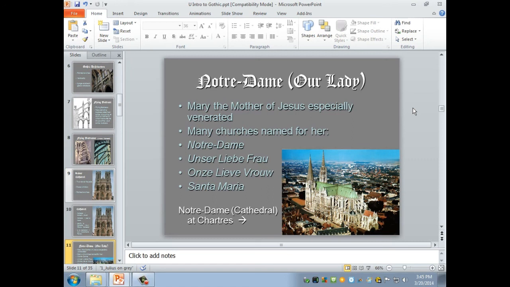And you have Santa Maria Novella, which is a Dominican monastery church. And you have Santa Maria del Carmine, which is the Carmelite church. So, there are a lot of different St. Marys in Florence, and in some other towns there's more than one.